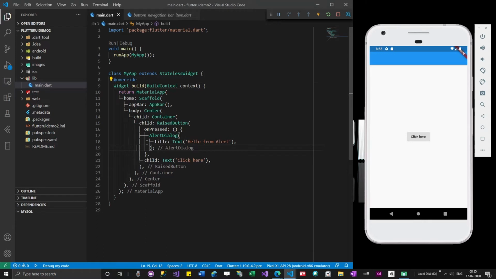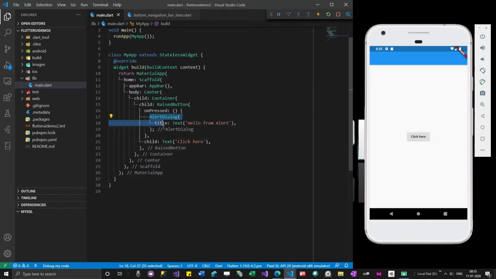Nothing is being shown, which means this is not the way we should do it. We are not assigning alert dialog to anything. We are not assigning alert dialog to child, we are just asking for an alert dialog, but it's not working. So there must be something else we have to do.